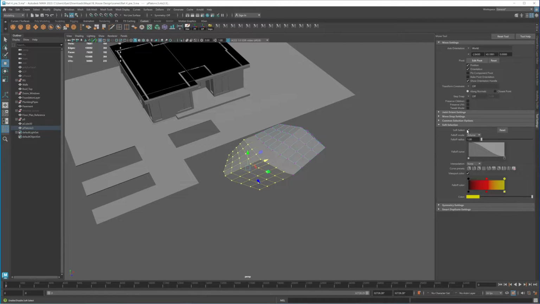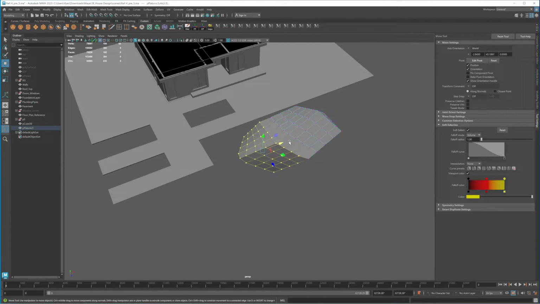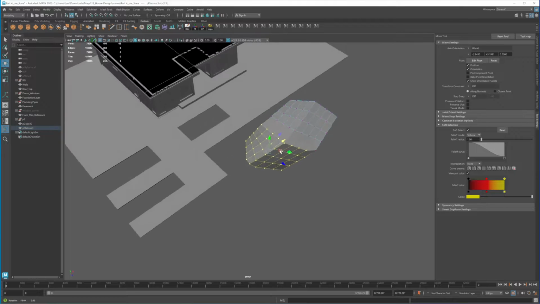Okay, right here, the shortcut is B, and then I can try to move it